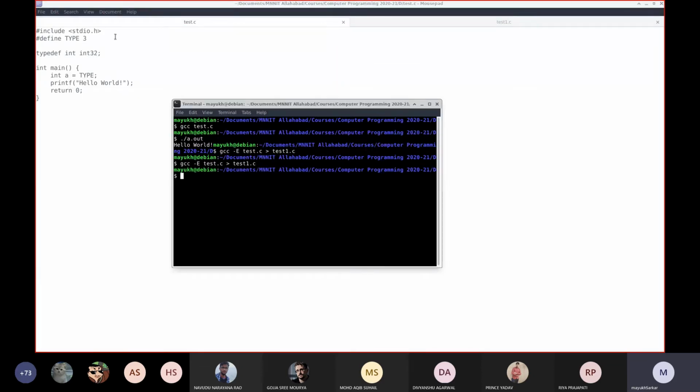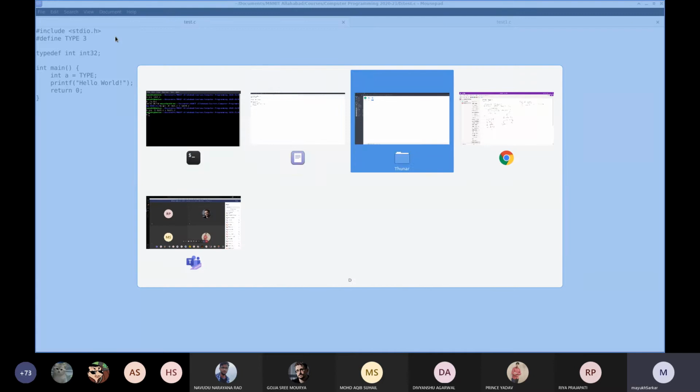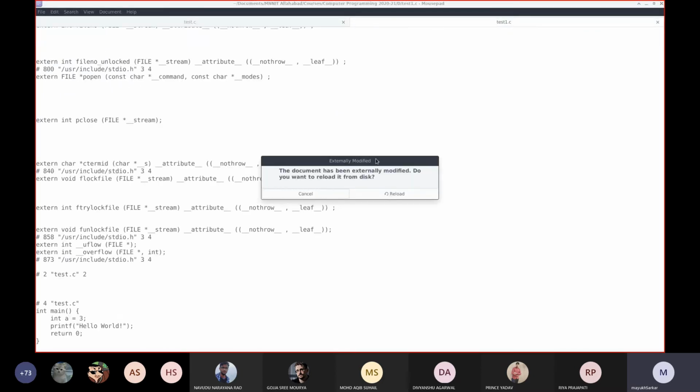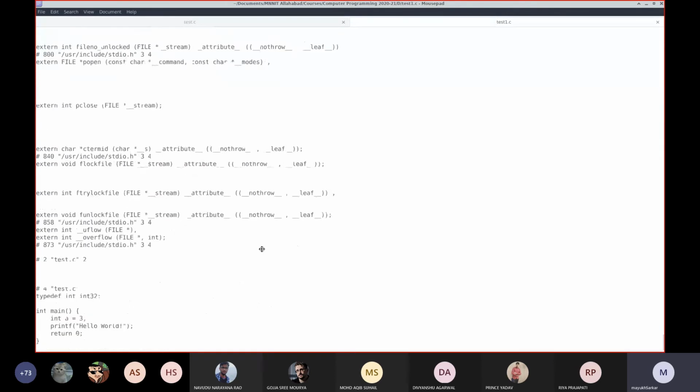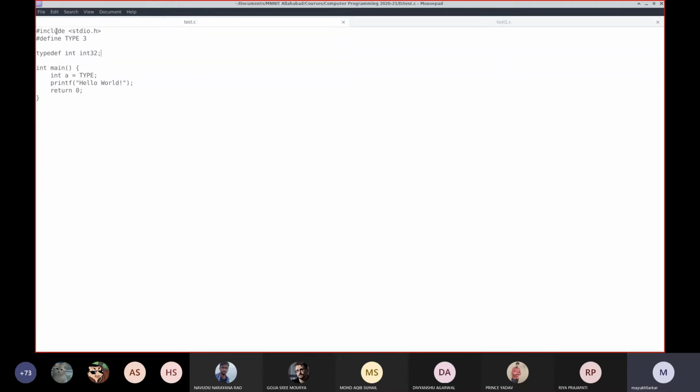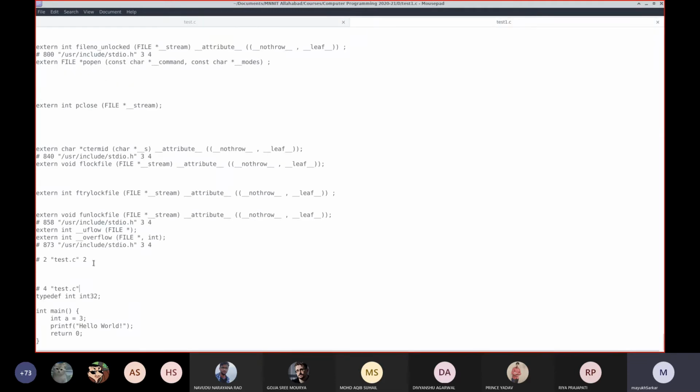And if I do this, as you can see, typedef int32 is still here. It is not processed by the macro processor. So typedef is not a macro. So the content of that stdio.h has been brought completely here.